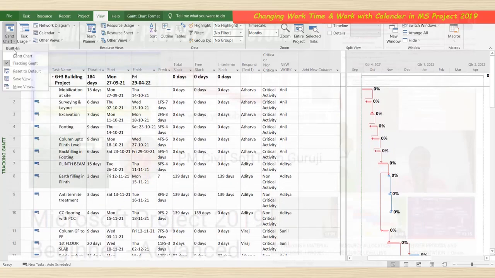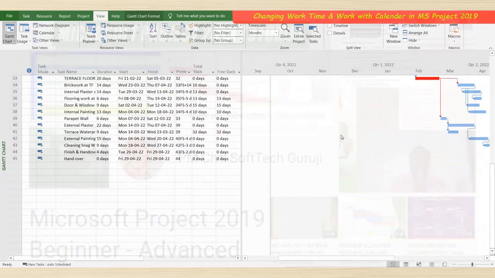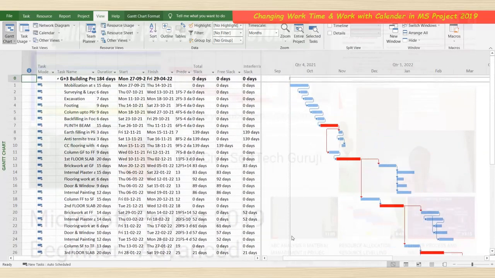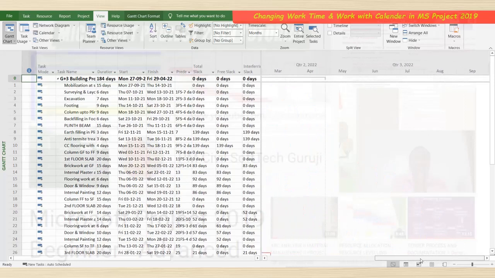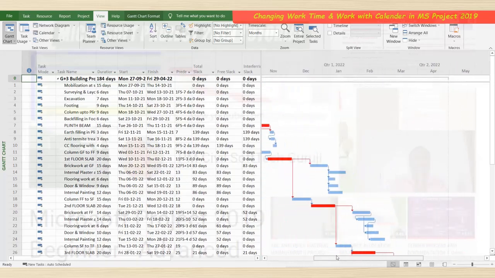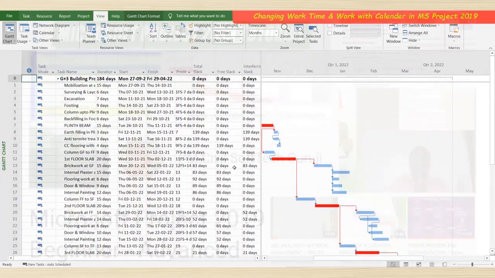So we will go here, Gantt chart. You see here. So the duration is changed. 29 for 27. So because of this addition of holiday.